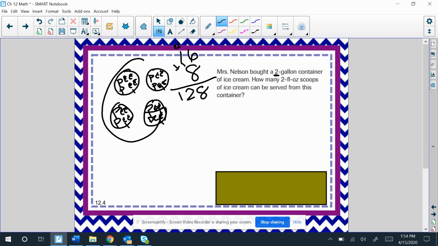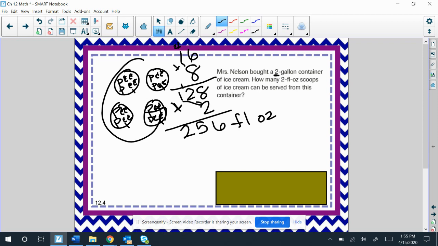But here it says 2 gallons. Well, you got to do it twice. You can add them or multiply it by 2. I'm going to multiply. 8 times 2 is 16. 2 times 4 or 2 times 2 is 4, plus 1 is 5. 2 times 1 is 2. 256 in 2 gallons. Is that